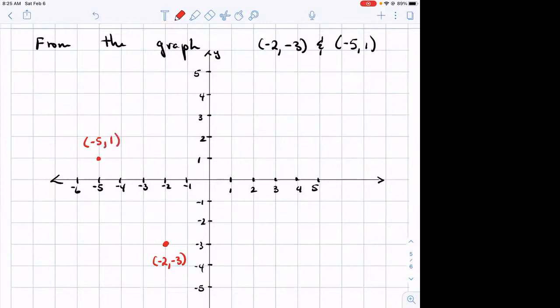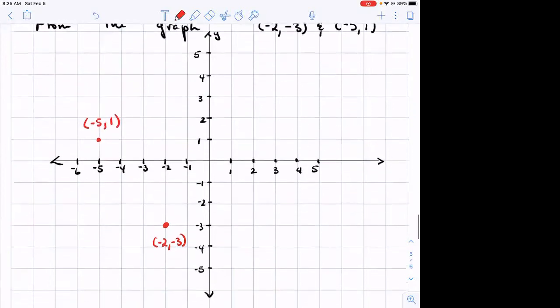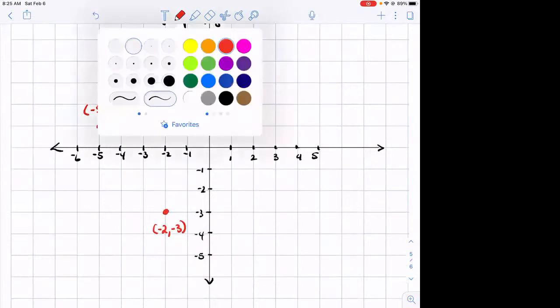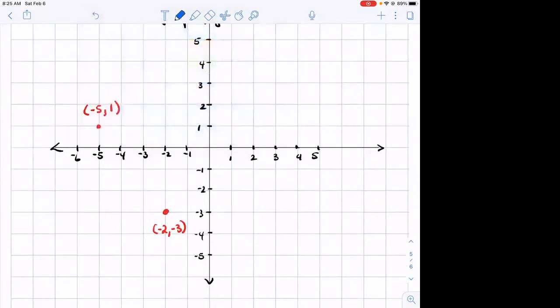And if I connect a line passing through those 2 points,